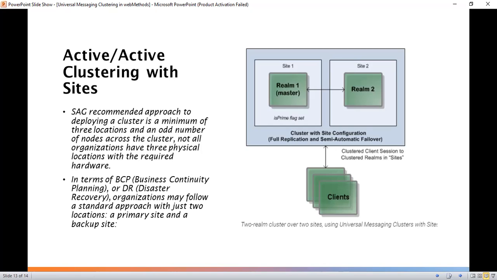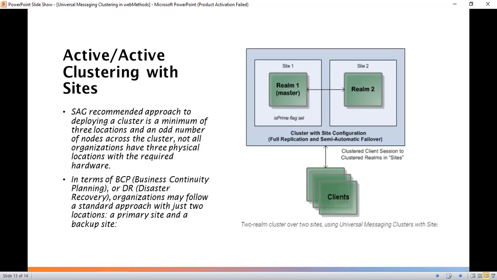But some organizations won't have 3 physical locations with the required hardware. So in order to continue business planning and disaster recovery,